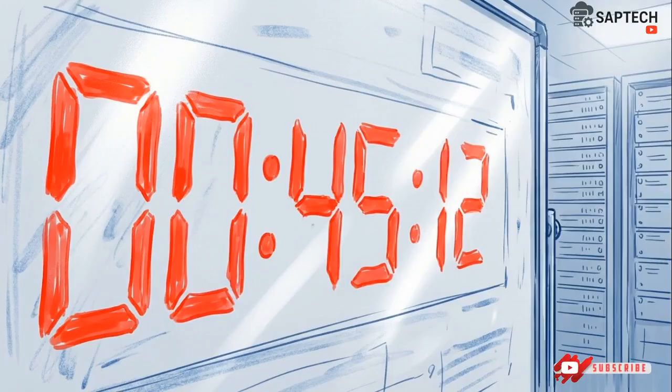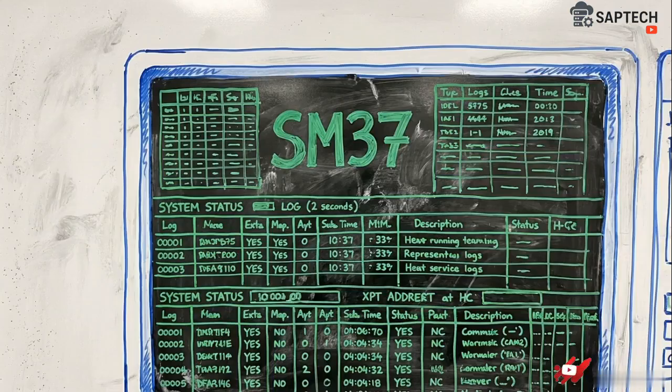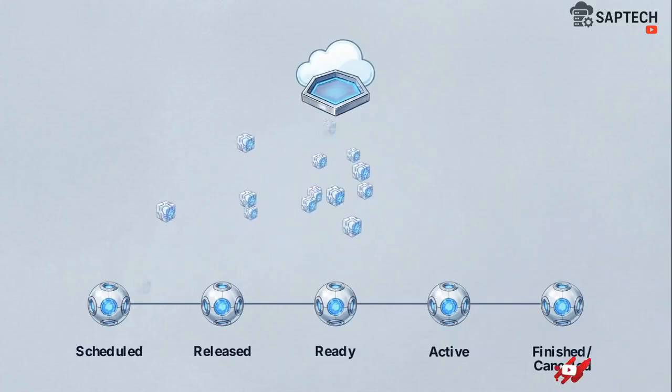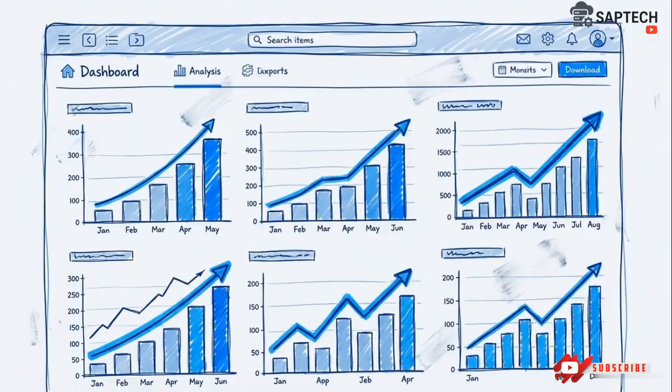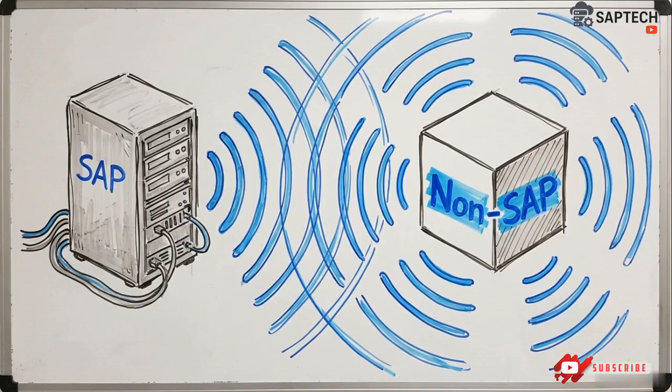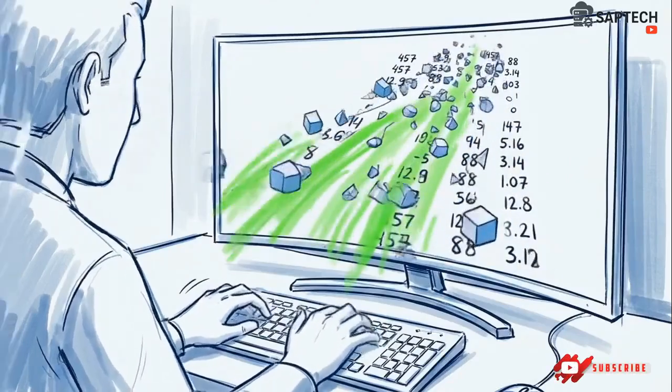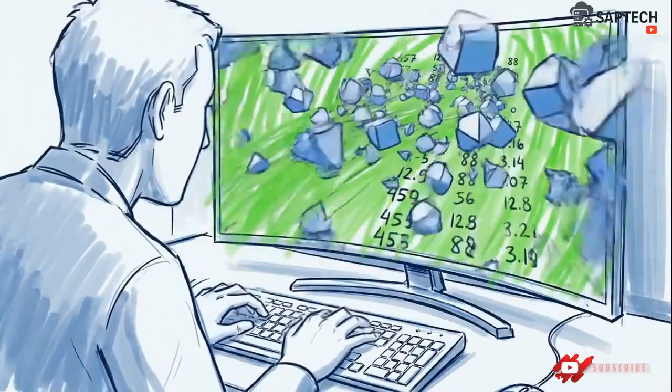Consultants typically wait for a job to fail before logging into SM37. SM37 is the legacy SAP transaction code used to view the status of these background jobs. Cloud ALM replaces manual polling with open telemetry, an active data push and pull architecture to stream system data in real time. The Job and Automation Monitoring tile serves as the new central command, tracking this lifecycle across both SAP and non-SAP applications simultaneously. Catching issues early requires basis teams to stop manually polling transaction codes and start managing these